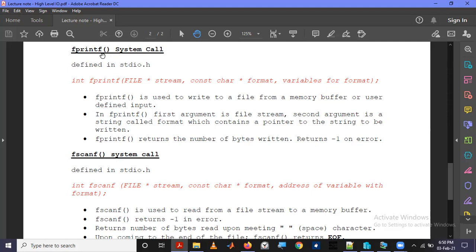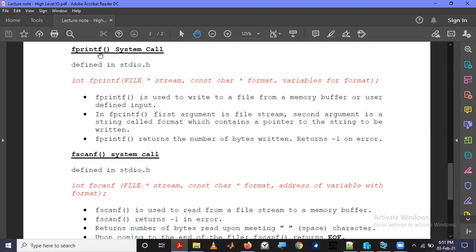So this is used to write to a file, maybe from a memory or maybe not from a memory. So you can actually print a formatted string to a file, which is more advanced than just writing from a memory to a file.